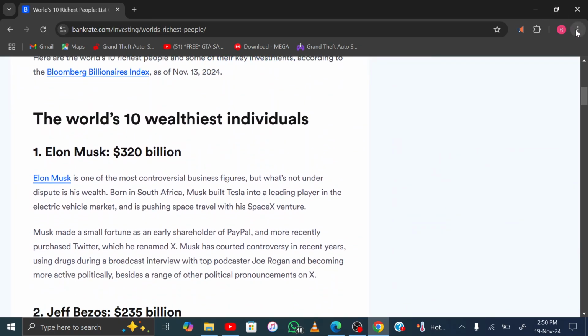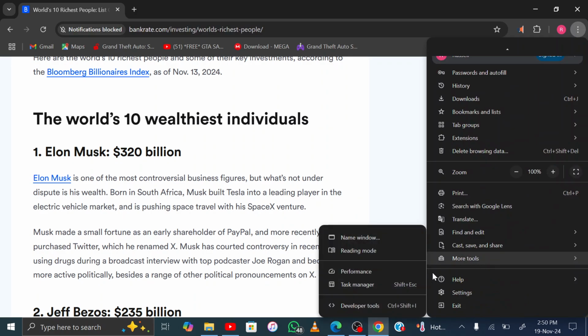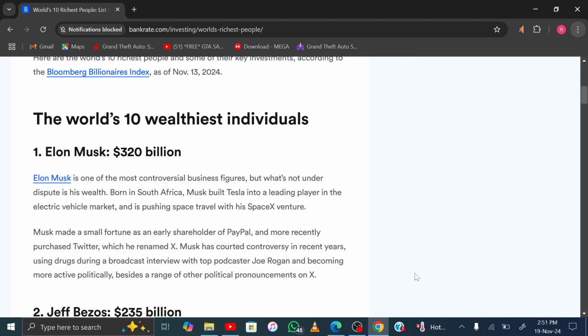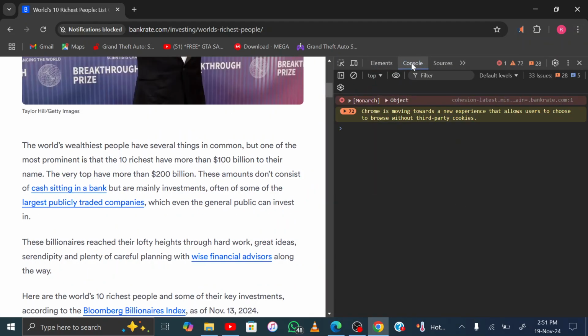So first of all, you're going to open the menu section of your web browser and look for developer tools. Okay, so here it is. You go to more tools and go to developer tools. After that, you're going to navigate to console, all right, and type in